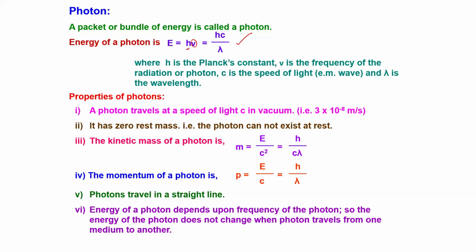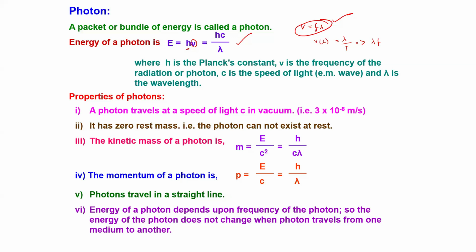By using the wave equation, which is nothing but c, or else in terms of v we can write it as lambda divided by T, or else in terms of frequency we can write v equals lambda f. So this is our wave equation. From our wave equation we can write frequency as c over lambda also. Most of the time when we are solving questions, we will use hc over lambda for the energy of a photon.